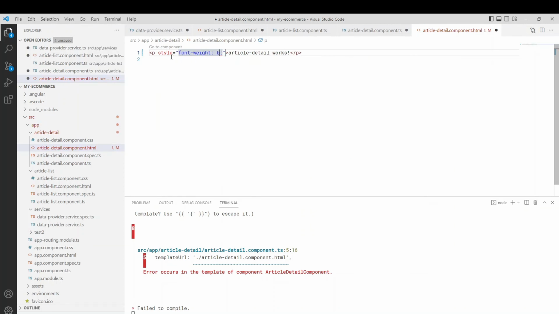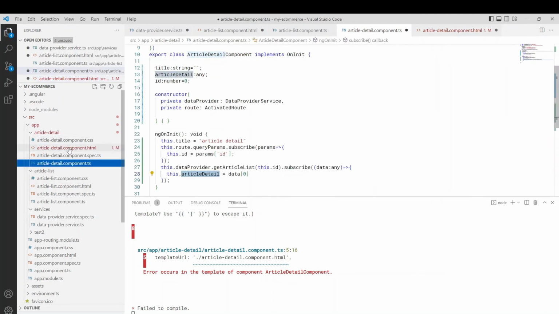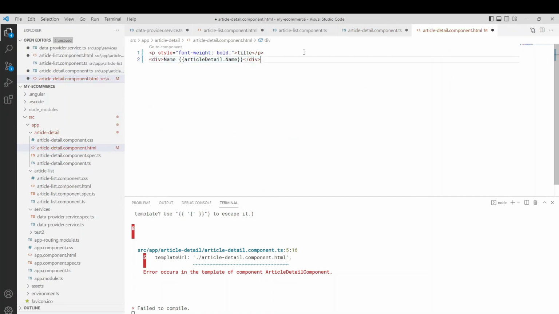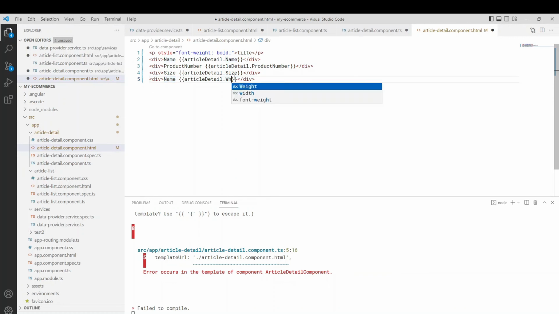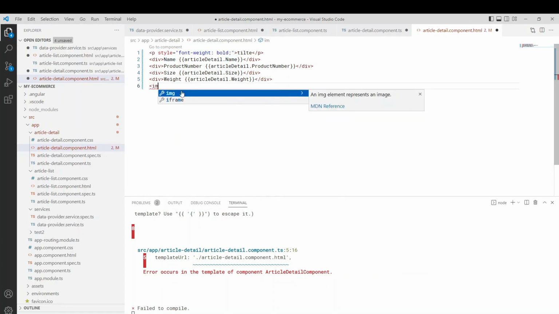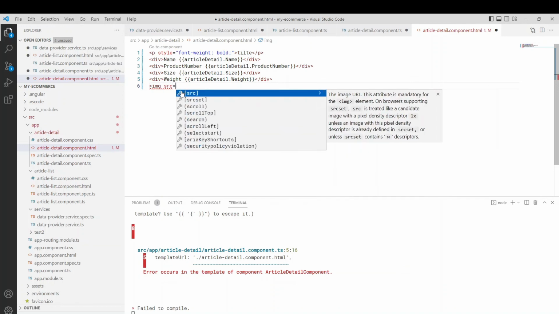Style font-weight bold, print title, name, articleDetail.name, product number, size, weight, and an image